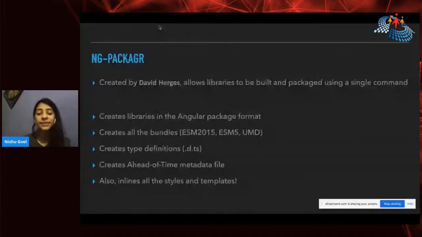I mean, if you've not used the Angular CLI to inline your templates, or if you don't want to do it manually, because who does that? You would definitely want to use the Angular ng-packagr to inline all the styles and templates. Now, since this does almost everything for our library to be created, it was actually adopted by the Angular CLI,